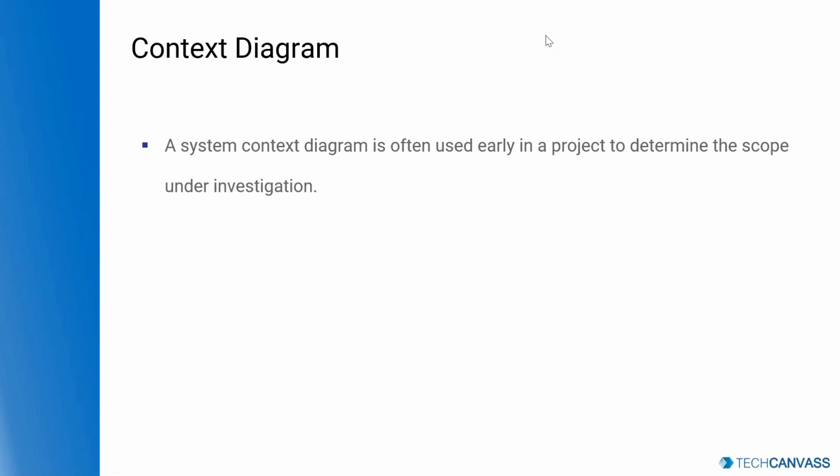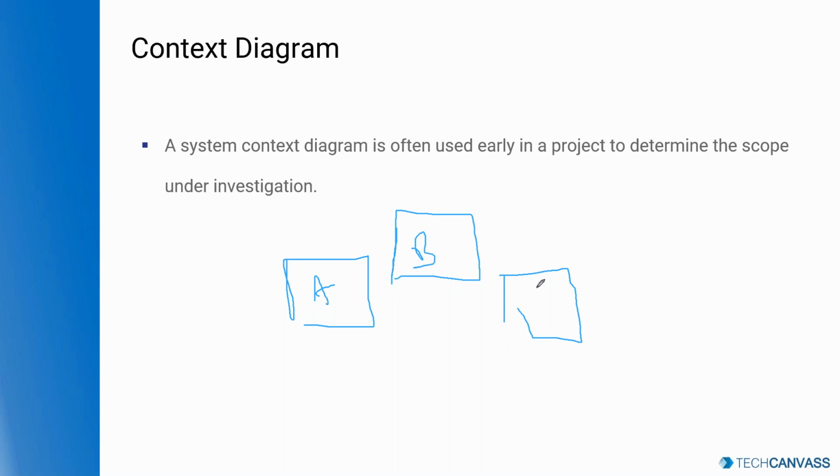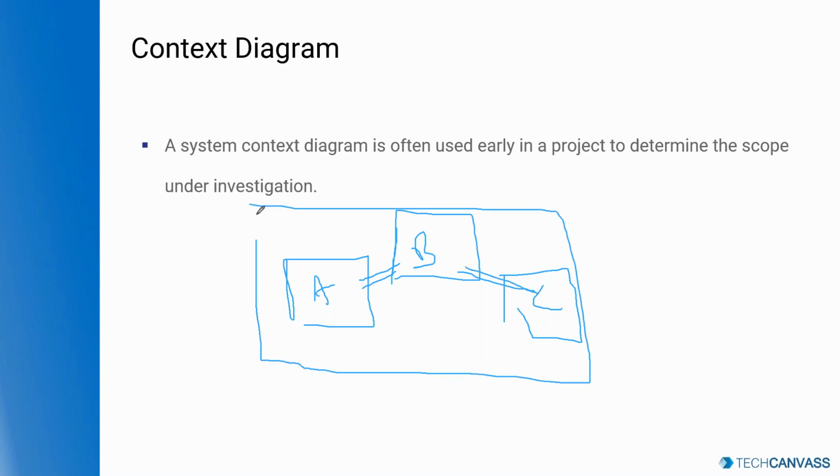You'll be able to see maybe these 3 blocks, A, B, and C. Of course, you can't see the names, but you will see these 3 boxes. And if they're connected, maybe you can see that. That's all you'll be able to see. A context diagram is exactly a 10,000 feet view of a system,